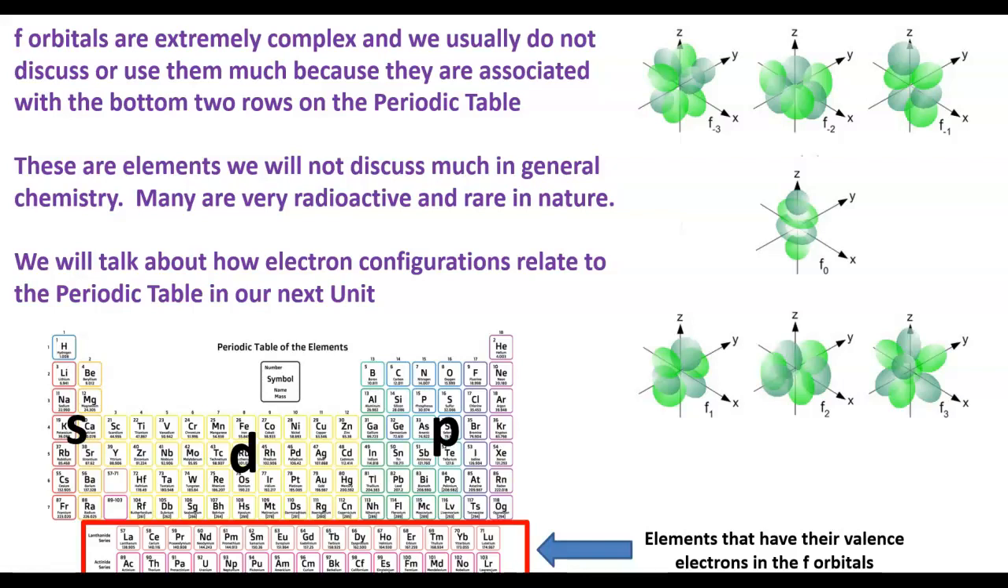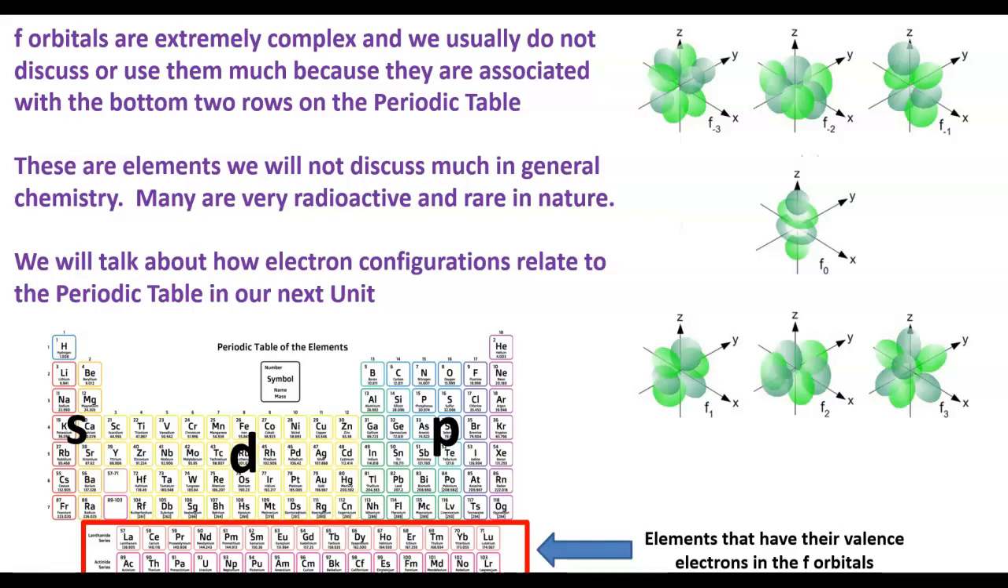The f's are at the bottom. So those are the bottom 2 rows. And because we hardly ever touch, not learn, but we don't often use those elements at the bottom. They're rare. A lot of them are man-made. They're not found in nature. And that's where we end in